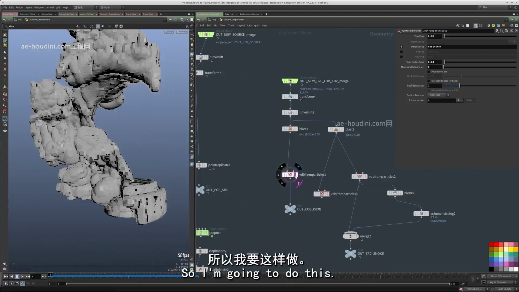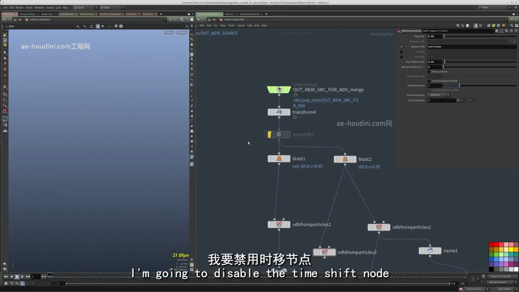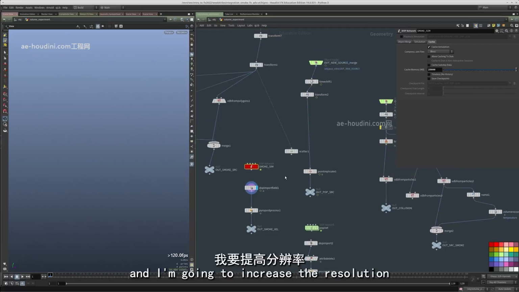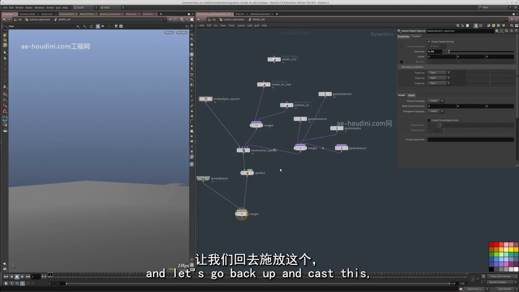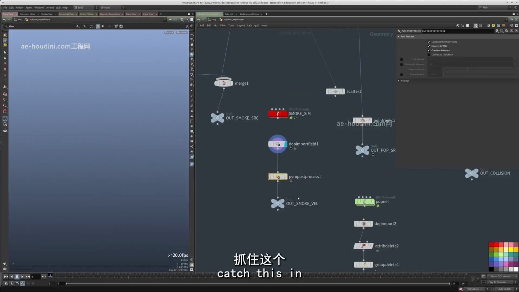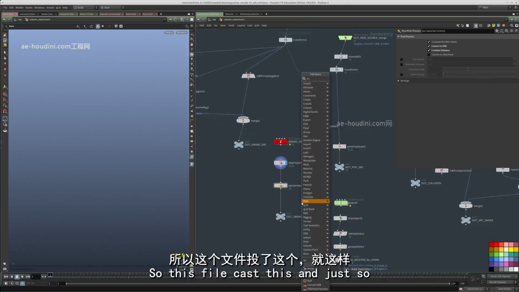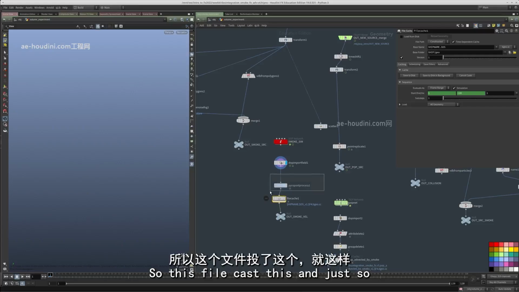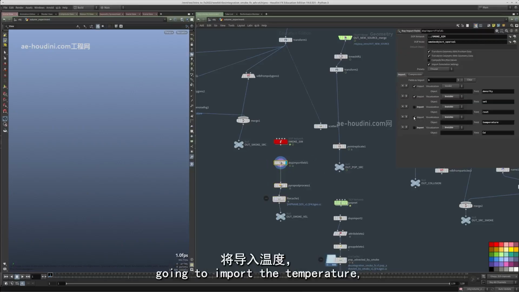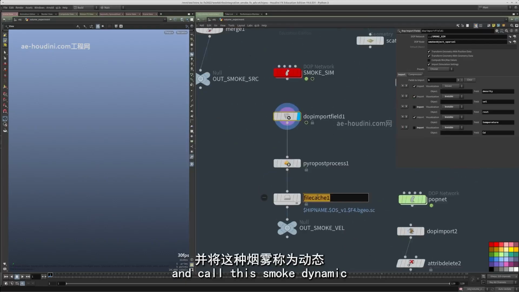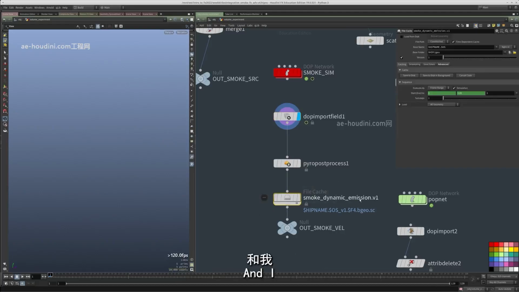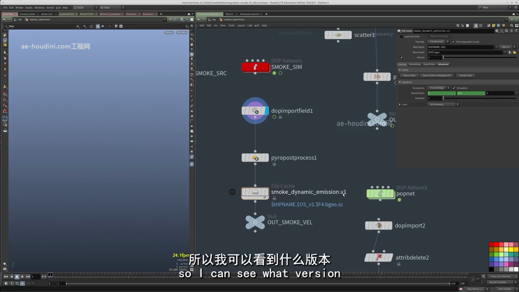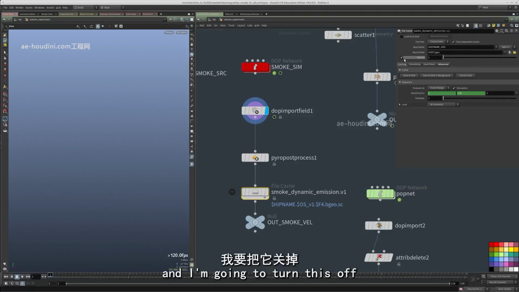All right, so I'm going to do this. I'm going to disable the time shift node, and I'm going to increase the resolution of the sim a touch, so 0.08. And let's go back up and cache this in, because it's going to be a bit slow. So let's file cache this, and just so we can look at it, I'm going to import the temperature, the density, and velocity, and call this smoke dynamic emission .v1. And I like to add the name here so I can see what version I'm pointing at. And I'm going to turn this off,